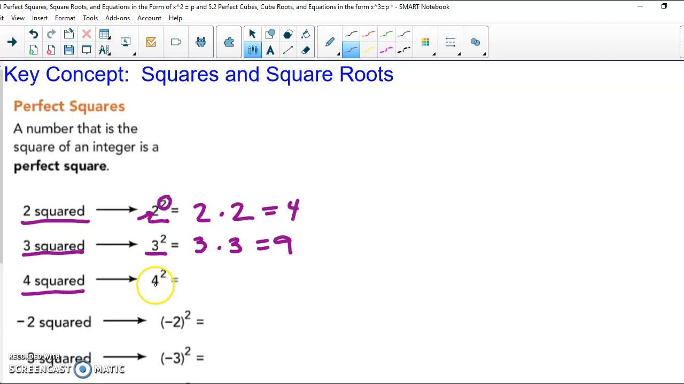4 squared means 4 is our base, 2 is our exponent. This literally means that 4 is a factor twice. So kind of a shortcut for writing multiplication. Now we can also